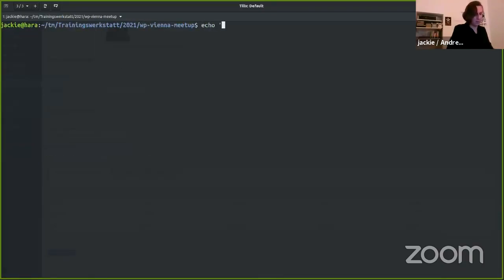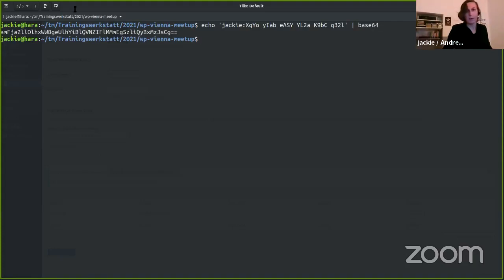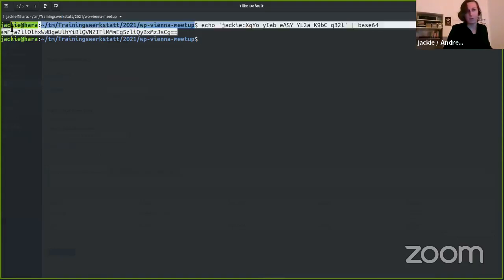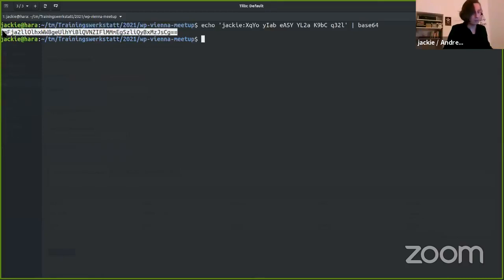I just write my username, a colon, and the password that I got, and I feed it into a base64 encoder. And this is the token. So now I have the token that I can actually use as application password.